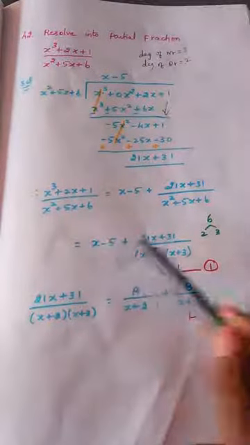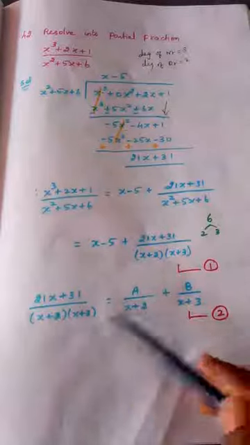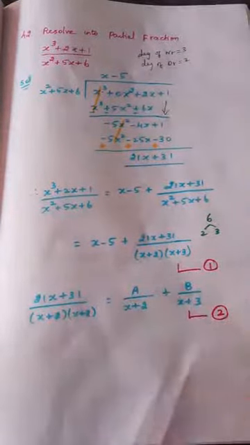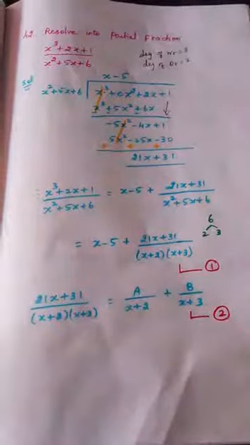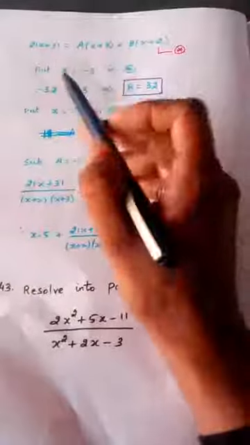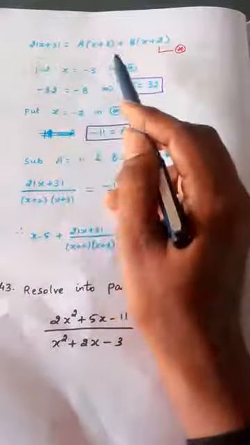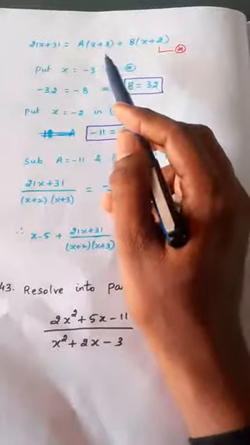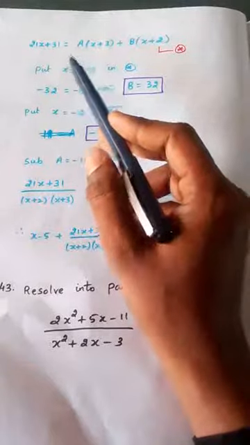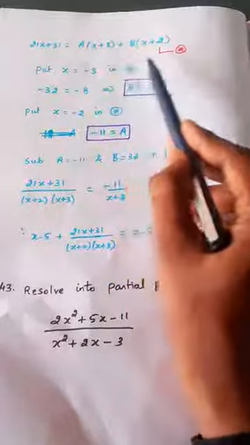I am going to leave this. Just take this alone first and write this as a by x plus 2, b by x plus 3. These things you know very well from type 1. So take LCM, that is the next step. If you take LCM and cancel the denominator, you will get this step. Why am I going quickly? Because in the first problem I explained how to cross multiply and how to take LCM. So you can easily do it and find out. After cancelling the denominator, you will get this.